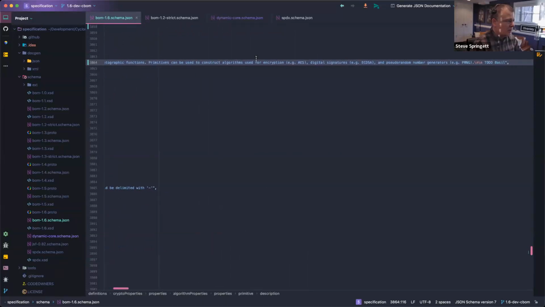Okay, second part of the sentence. Primitives can be used to construct algorithms used for encryption, AES, digital signatures, and pseudorandom number generators. True statement? Yeah, these are examples, right? This would need to be encryption, digital signatures, and there, in the enum, on the right list,